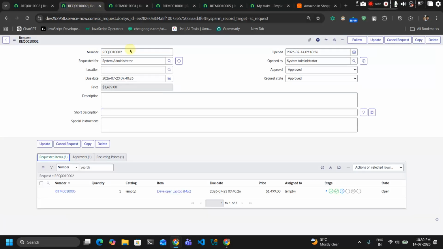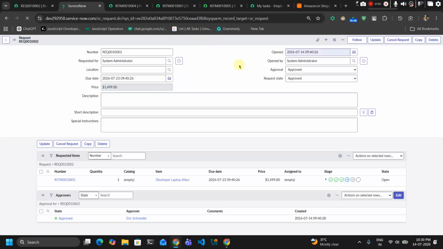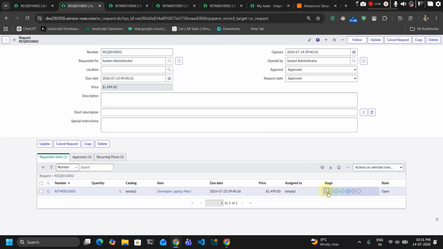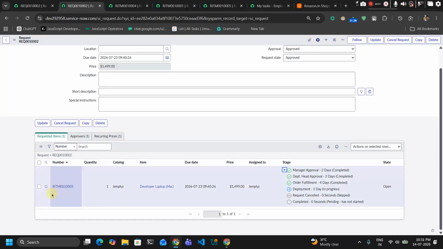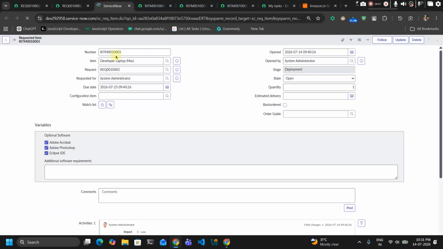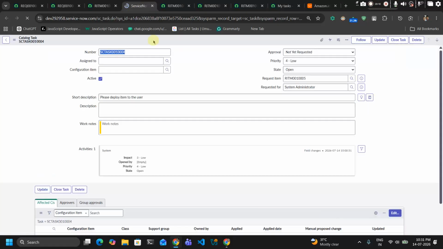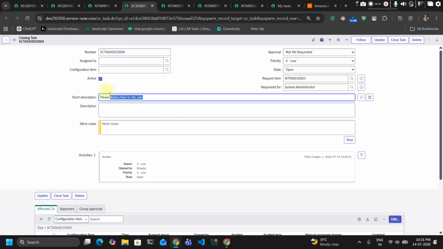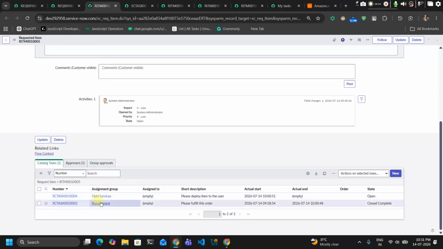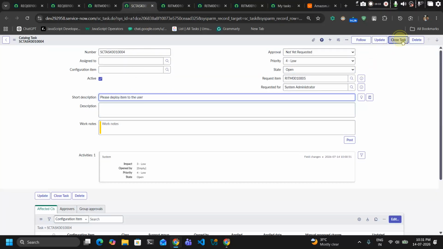Yeah. Here, what will happen? Let me refresh it. See, we'll go to RITM again. It will create another task. See, what? Field service. What is field service? It should be deliver, deploy item to the user. See, it should be deliver. The previous task, which is this procurement, where we have to check the inventory. So after inventory, move to field service. Once it's been completed,